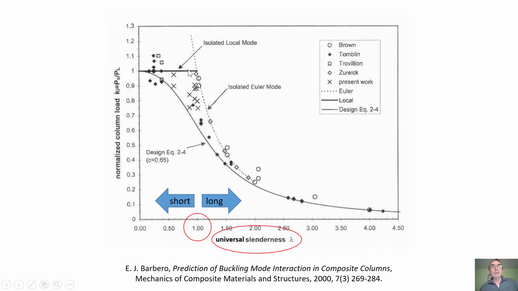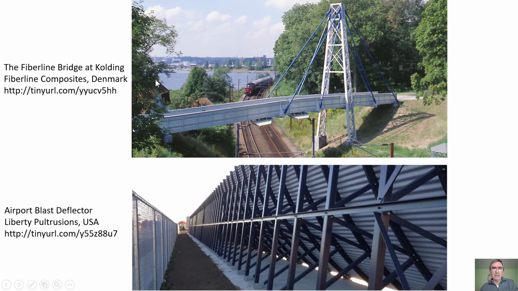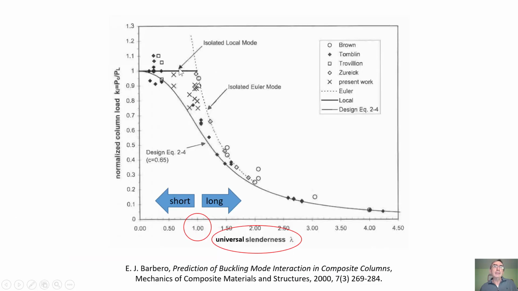All right. Now, also the designers don't want to go too short, because if you go too short, then access to the structures for maintenance, for example, let's see here, if you make all these columns very, very short, then you cannot get under here, and it's difficult to clean, difficult to maintain. Also, you could make the column effectively short by bracing, but bracing costs money, so you don't want to do that either. So all the designs will be pushed to be close to this region here, where you're not caught by the Euler, because that reduces the load capacity too much. But this region, unfortunately, has interactions, so we have to learn how to deal with it.